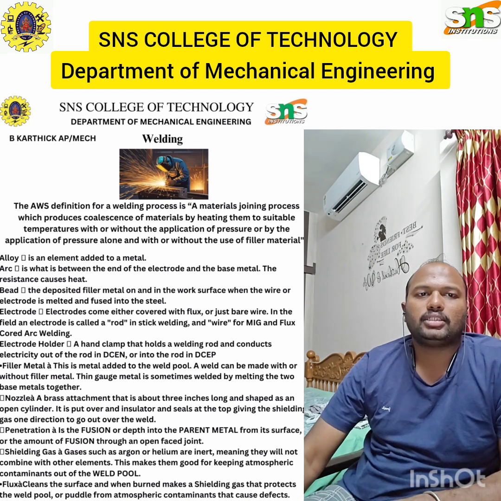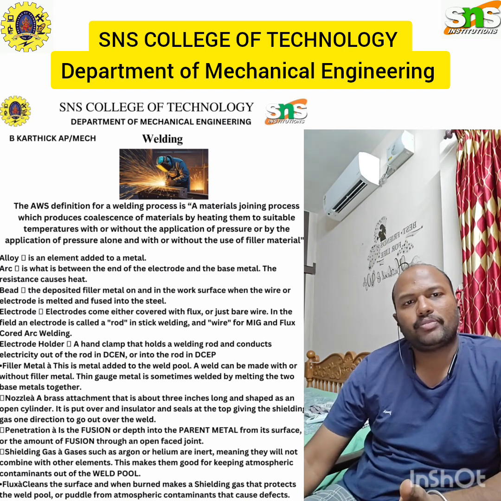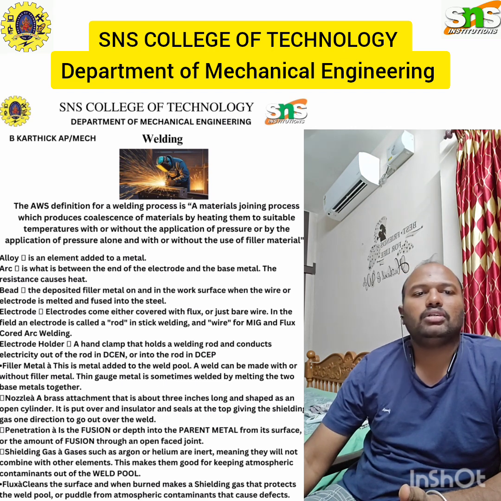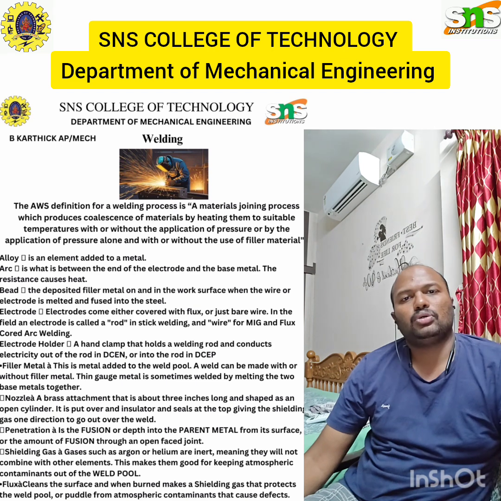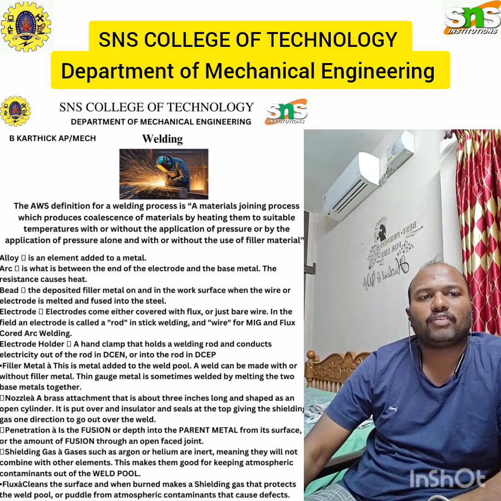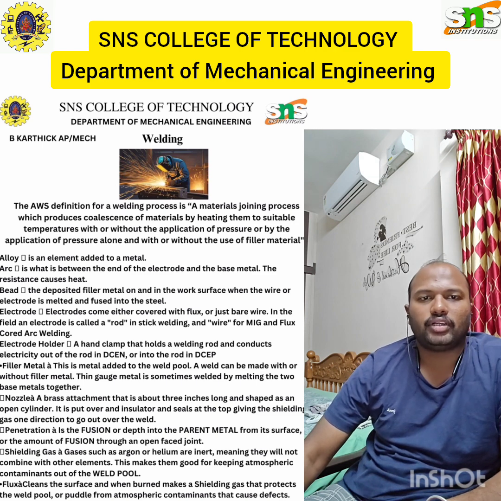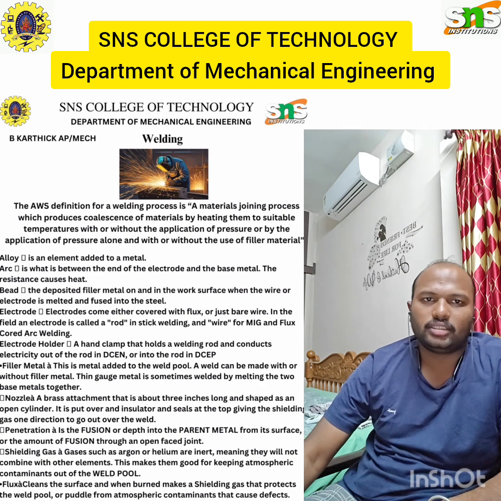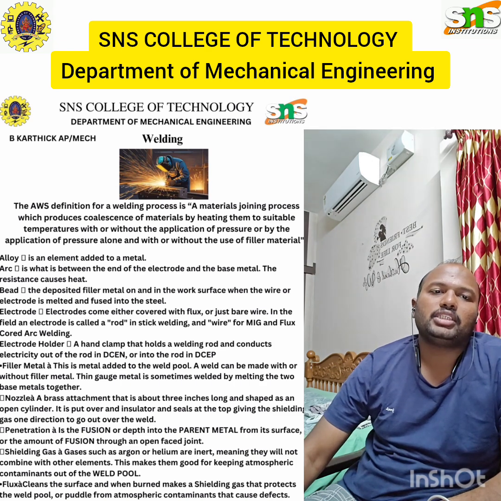The flux coated over the electrode forms a shielding atmosphere. This protects the weld pool from the atmosphere and prevents contamination in the molten state. The slag, a combination of the flux coating and impurities from the base metal, flows to the surface of the weld and quickly solidifies. The slag also slows the cooling rate of the weld. The slag can be chipped away and